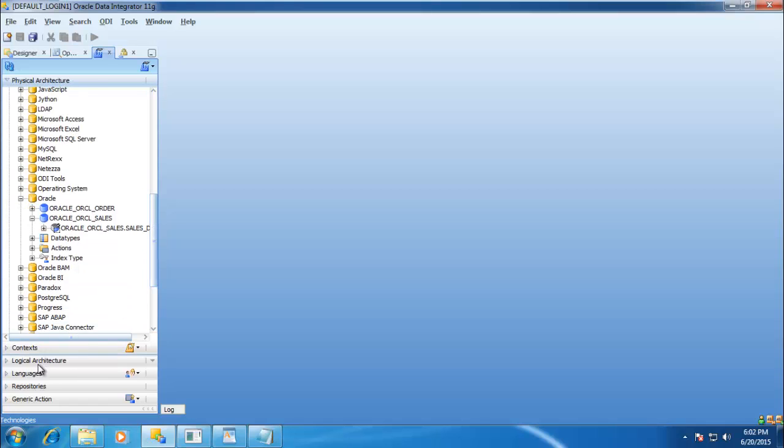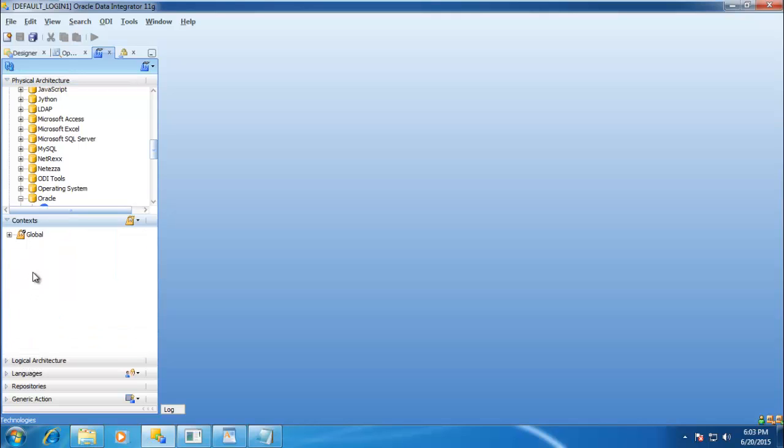And logical architecture is the one which we use at design time. We use a logical architecture, and when you are implementing, we tell at which context you want to implement, and we can implement at different contexts. For example, I can define a development context, where maybe at different schema places I want to implement. If it is production, I want to use different data servers to connect. Those things I can define in the context, and in the logical architecture.